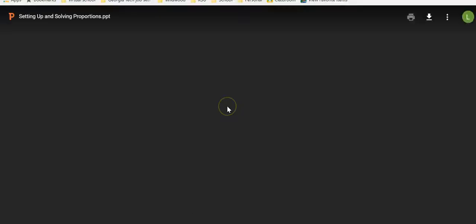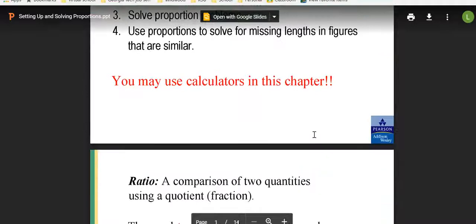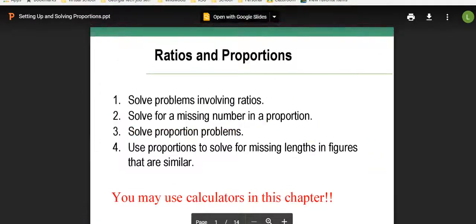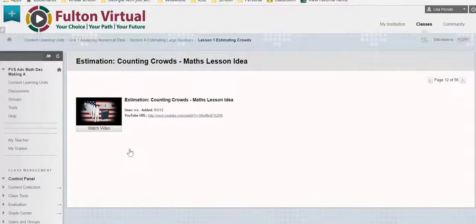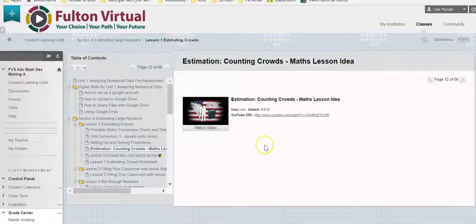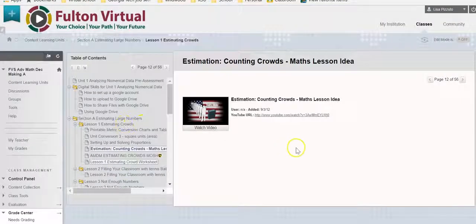Then I have another little PowerPoint on how to go ahead and do proportions. Anything that takes you outside of the platform, you simply click back on your Blackboard platform and go back into it. Now we have estimating crowds, little video on estimating crowds, and then finally we get down to the